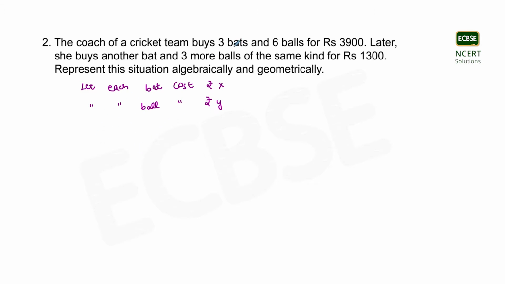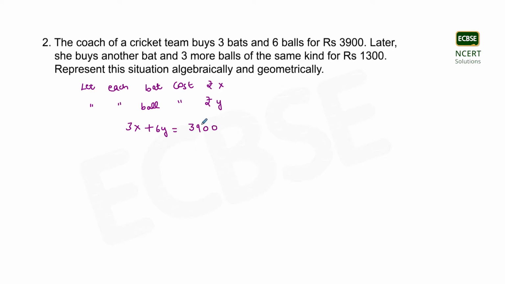According to statement 1 given in the question, the coach of the cricket team buys 3 bats and 6 balls for rupees 3,900. So the cost of the 3 bats will be 3x, as x is the cost of 1 bat, and the cost of the 6 balls will be 6y, as y is the cost of 1 ball. If we add them, it comes out to be equal to 3,900. That's what is given in the question. So applying this, 3x plus 6y equals